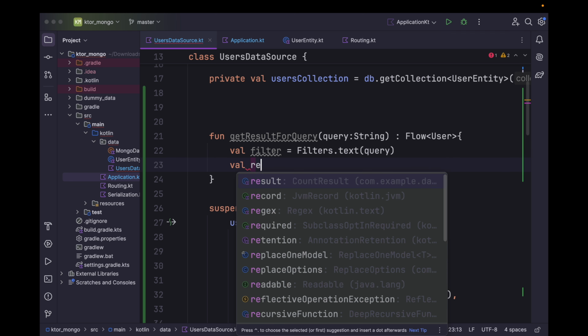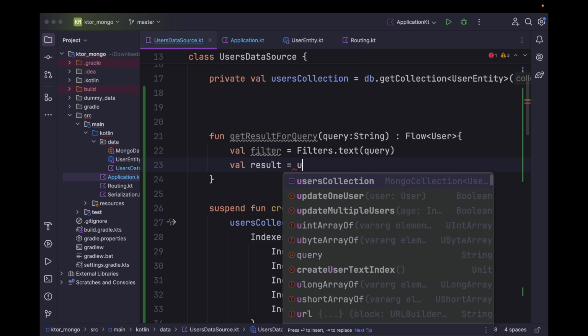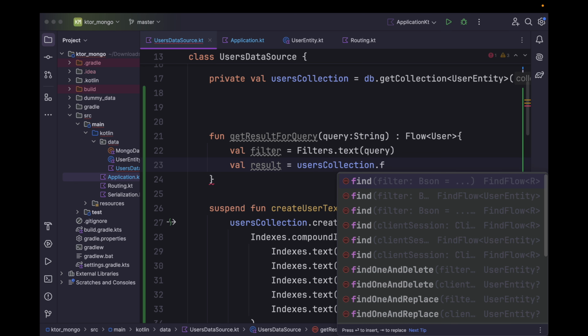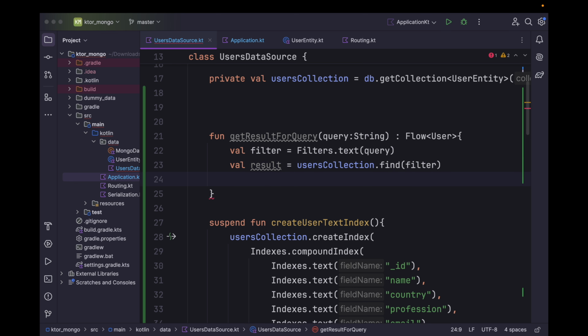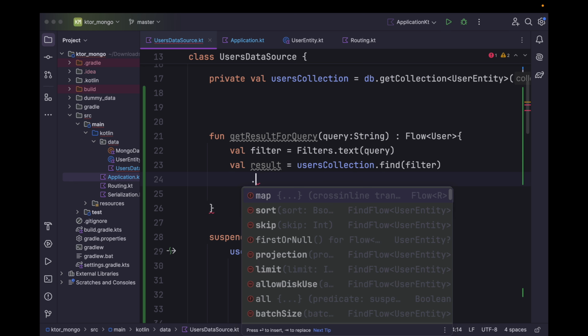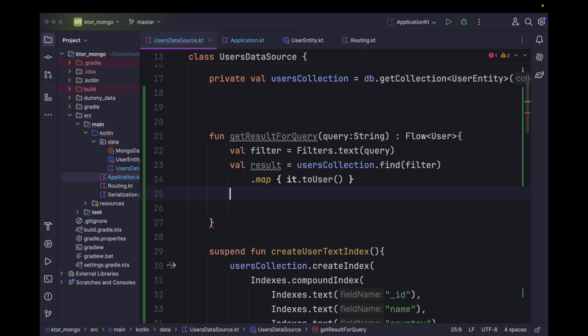And for the result we can say val result equals users collection dot find, and we can pass this filter. Since this returns the flow of user entity and we want flow of user, we can map it to user. So it dot to user, and finally we can return the result.